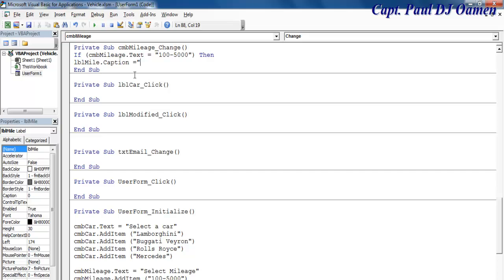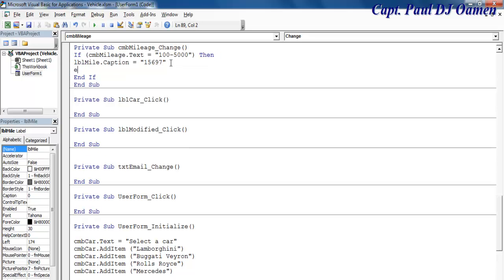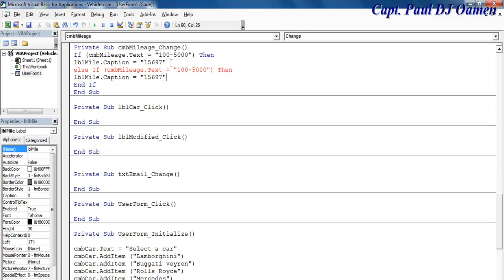So let's give it some price. Yeah, that's the discount you will get. Okay, and we have an end if there. Okay, and the next one, maybe just copy this and let's go for else if,